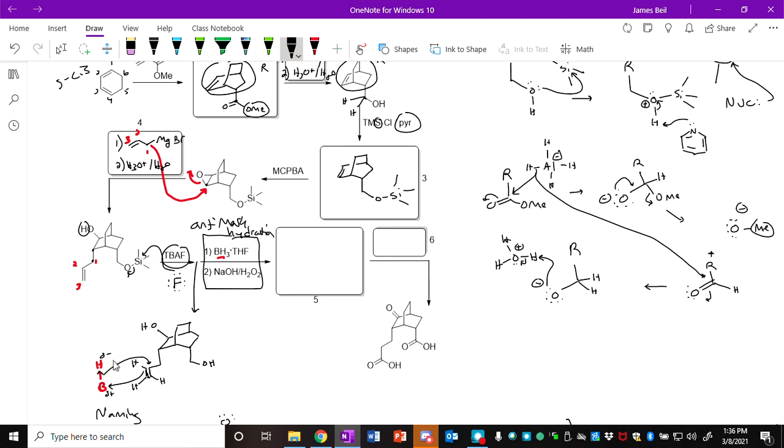Right, so we expect the new hydrogen to add to the side where there were fewer hydrogens rather than more. That's why it's anti-Markovnikov. The boron will add here, and then the second set of conditions will replace the boron with an OH. And so the structure for compound 5